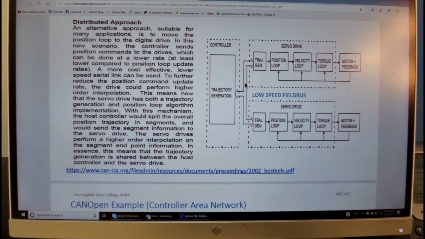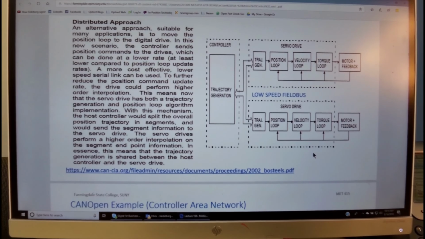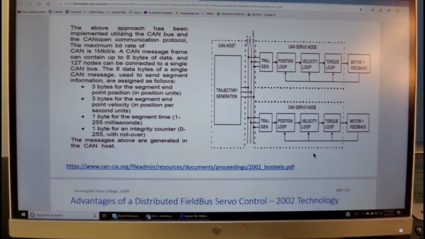And again, this goes through the field bus into each one of the axes.